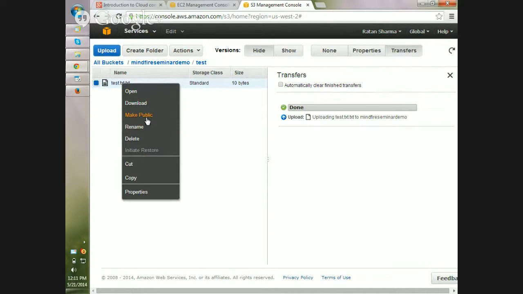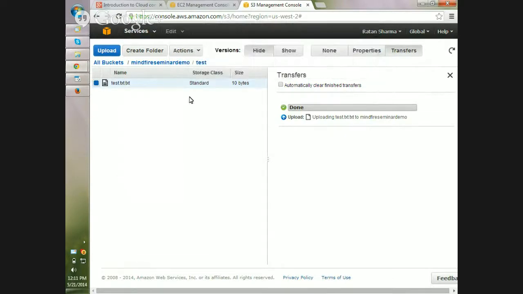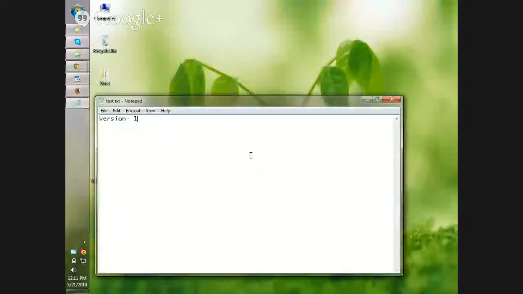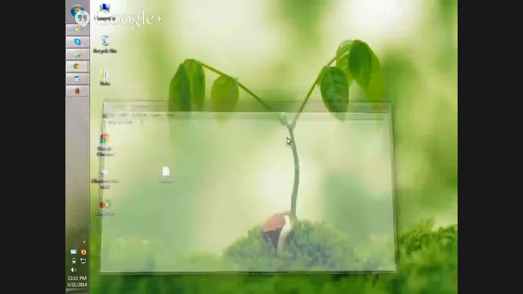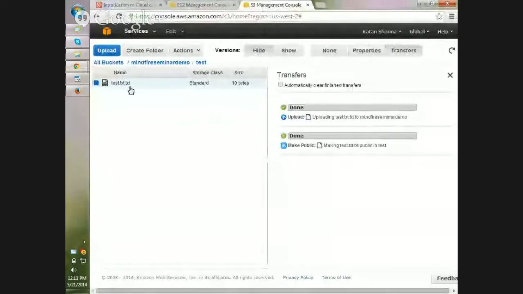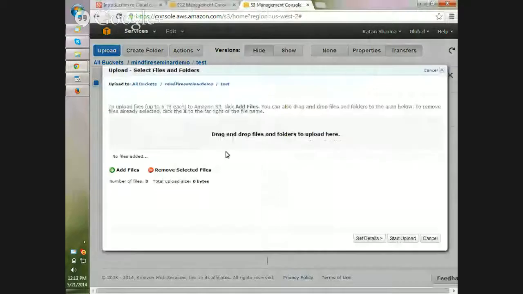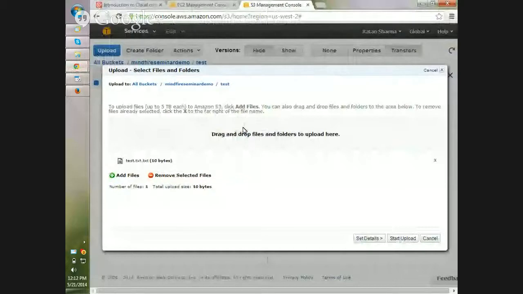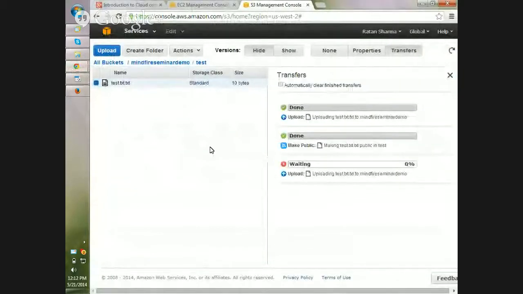Now you can mark it as public, so everyone can actually see this image folder over HTTP. Now the version 1 file is there. Now let's say I will go back and create it as version 2 and upload the file. Oh, I didn't check the upload. Okay, this actually has now overridden that one.